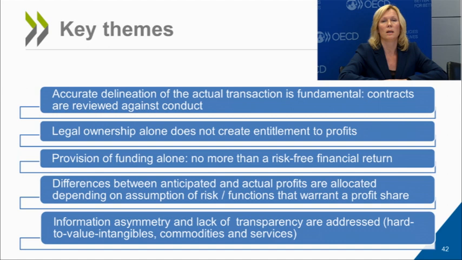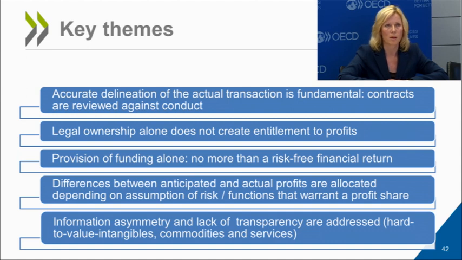So what are the key themes in the transfer pricing outcomes? The first and probably most important theme is that the accurate delineation of the actual transaction is fundamental. Contracts are a starting point to look at what kind of transaction needs to be priced, but it's looked at in combination with the conduct, and if the conduct contradicts the contracts or adds to the contracts, then the actual transaction is delineated based on the conduct. So those elements are taken into account, and that makes sure that you price reality and not